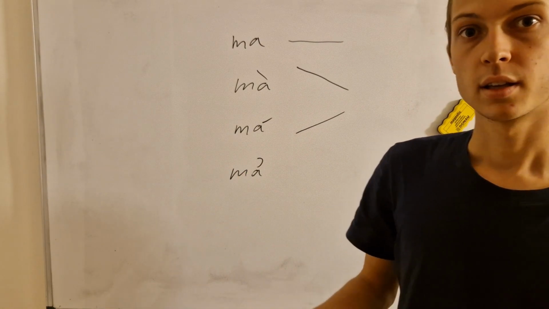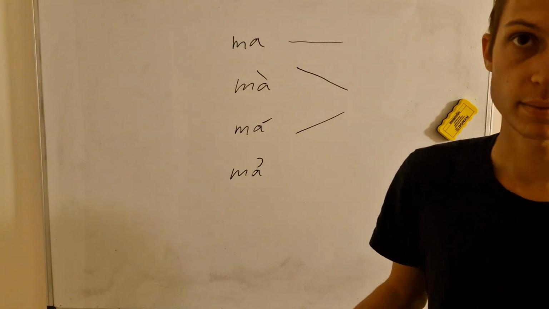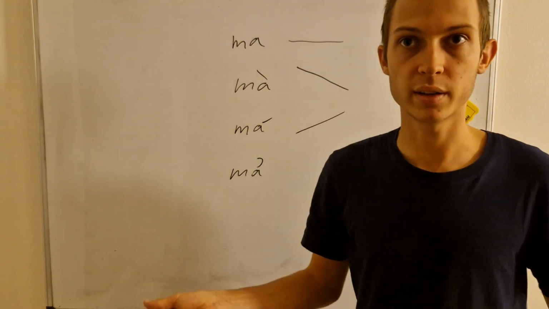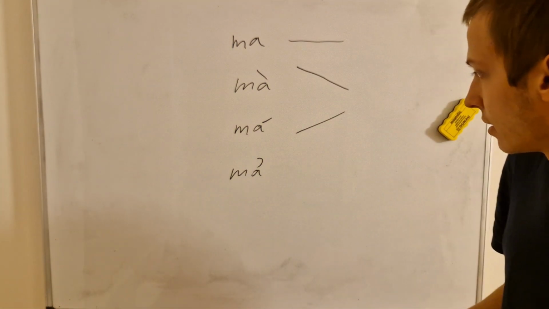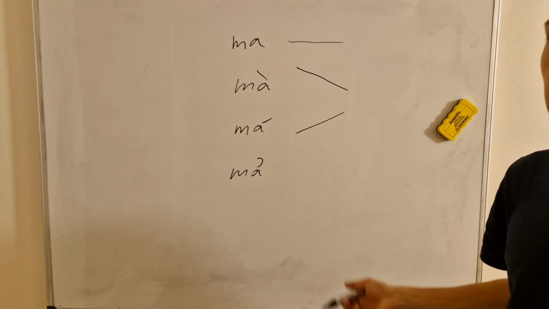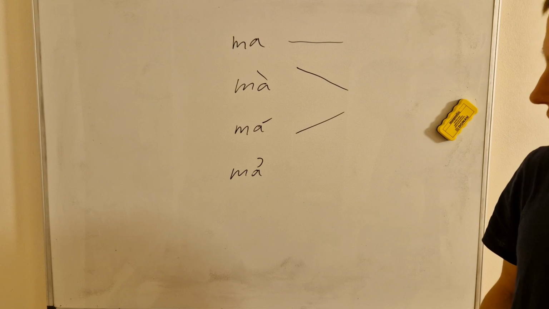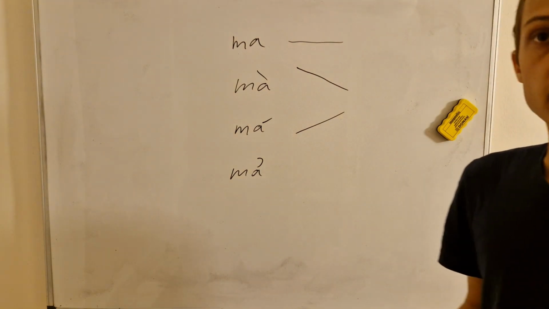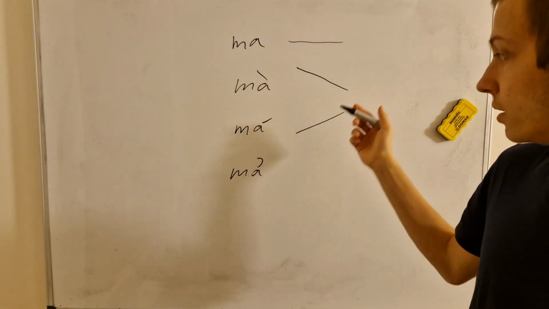And it again depends on the regional varieties, and also on the speed of one's pronunciation of the word and the tone in it. But generally it can be pronounced something like ma or ma, and yeah, that's that. The next one